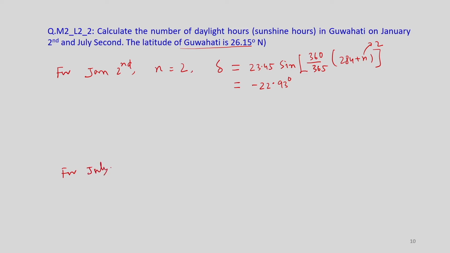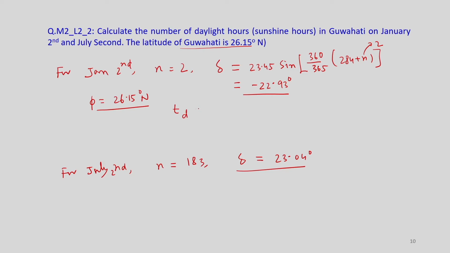And for July 2nd, so n will be 183, so delta will be about 23.04 degree, okay? Since these delta values are known to us, and also phi is known, this is 26.15 degree north, okay? So, if we substitute